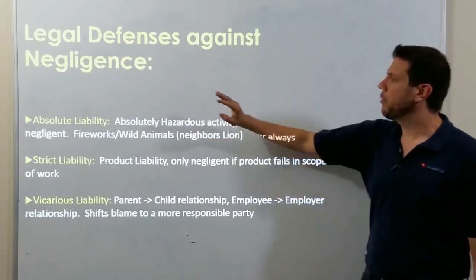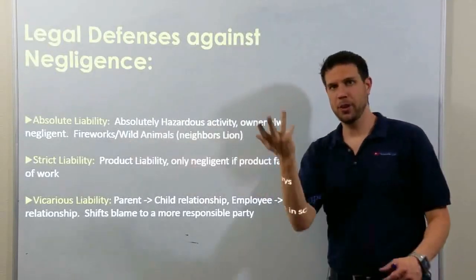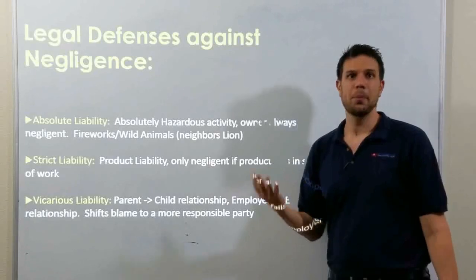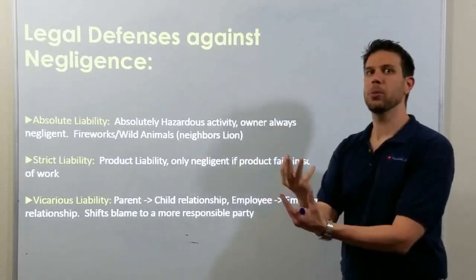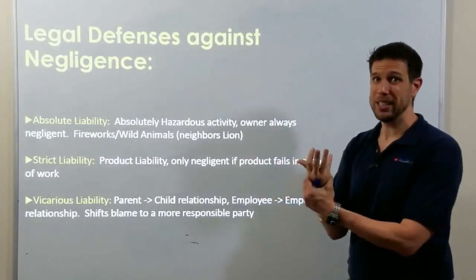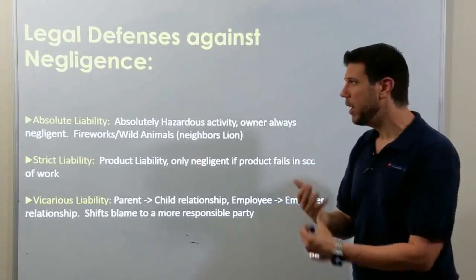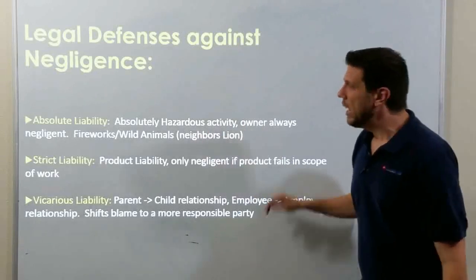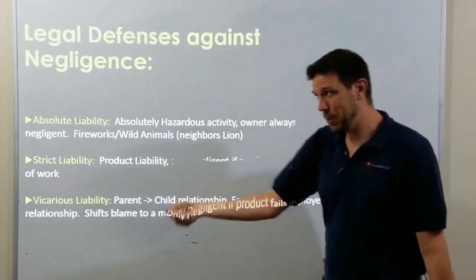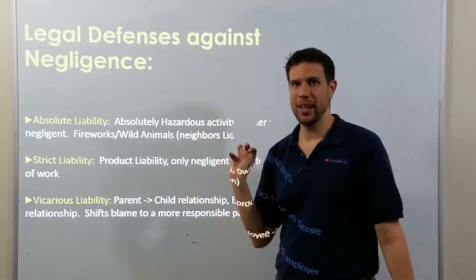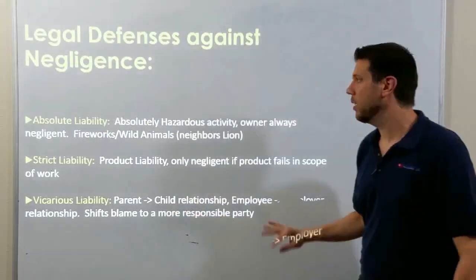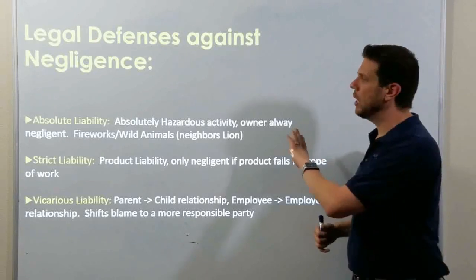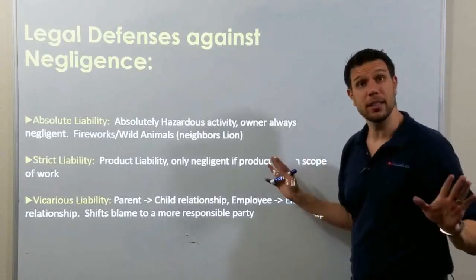So like if you're playing with fireworks and you blow off your hand, you can't sue the fireworks manufacturer because you knew fireworks were dangerous. It is absolutely dangerous. You're 100% liable. For some reason, your test uses a lion or a tiger. If your neighbor walks a pet tiger and the tiger or lion attacks somebody, the neighbor's at fault. He is 100% absolutely liable for that act. Absolute liability is where there's no real defense.